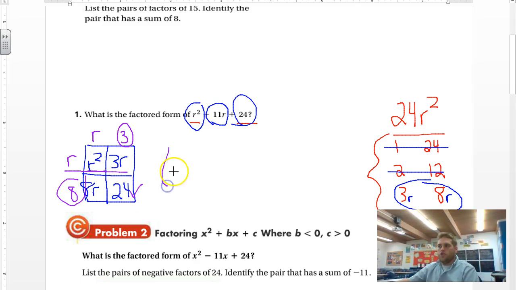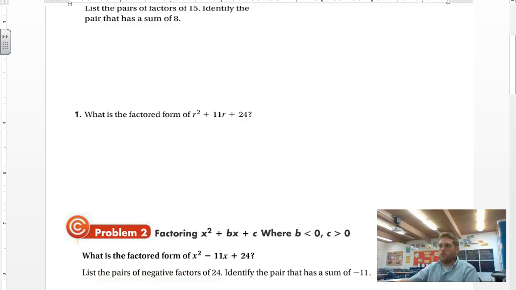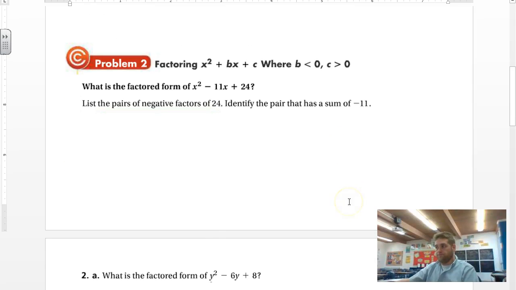Sure is. So my final answer is r plus 3, r plus 8. There we go. Okay? So r plus 3, r plus 8. Make sure you have all this written down. And once again, guys, this is the process we're going to use for every single one of these. That's why doing everything in the box was so important. It's just a great way to solve this. Okay? So make sure you have all that written down. Let's erase. We'll do this. Okay. So now,